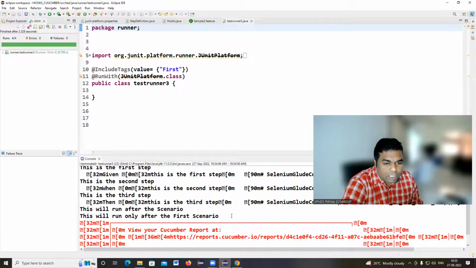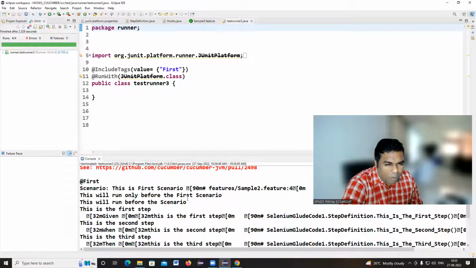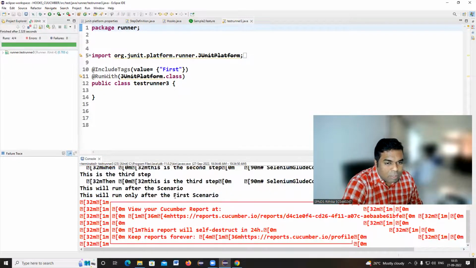And this will run only after the scenario. Got the point? And anyway, the common hook is also executing. So this will run before the scenario and this will run after the scenario. Okay, whenever you are writing